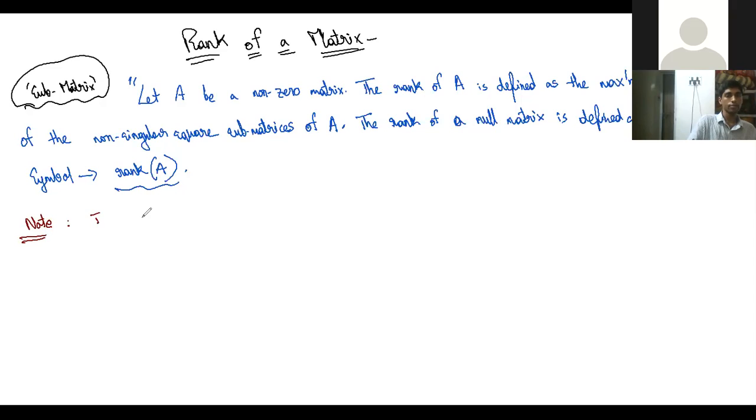If A is a non-zero matrix of order 3, then its rank is 1,